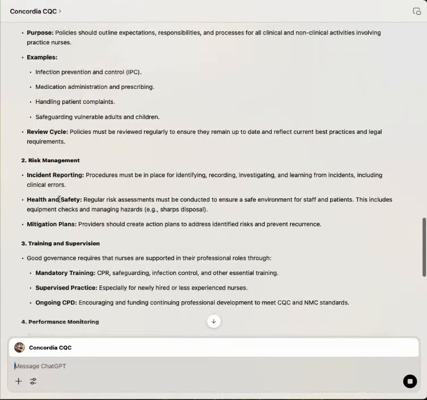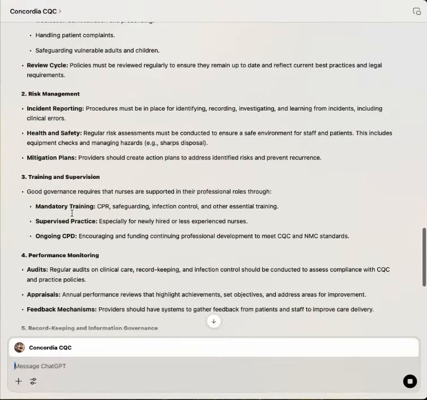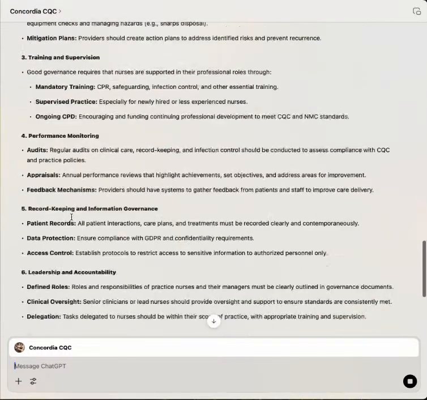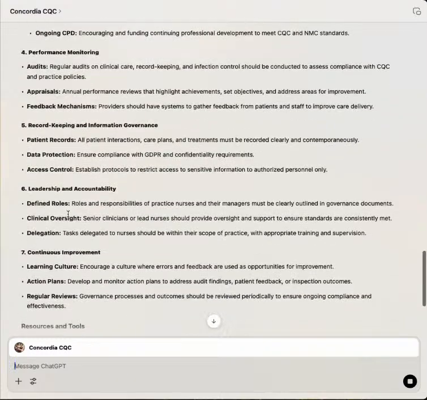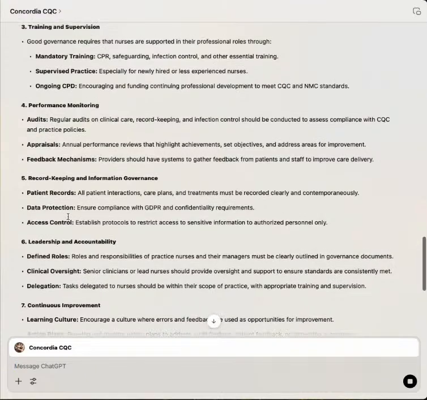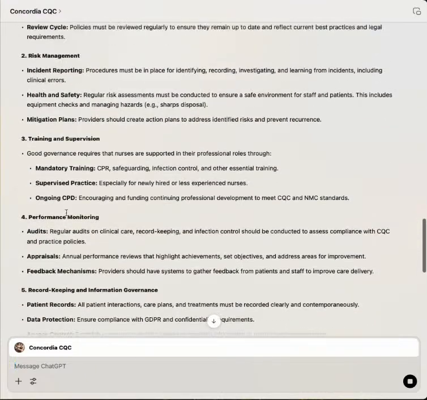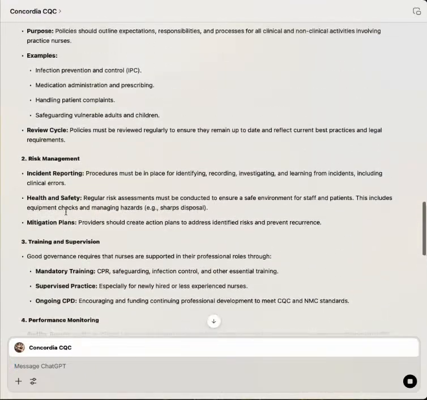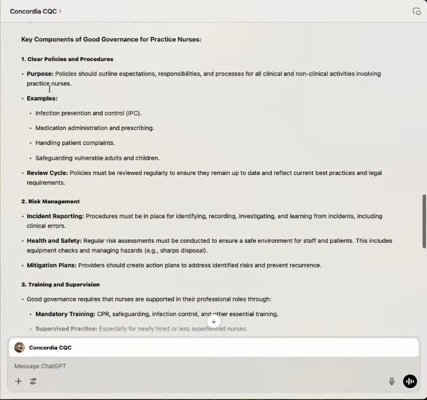Also some stuff around risk management, training, supervision again, performance monitoring, record keeping. So there's obviously going to be some really good information in here. Let's say what I'm really after is a list of those policies and procedures that we should have in place. So we want to use the same words that Concordia is using. And I'm going to be really specific about this. I'm going to say, can you produce a list of